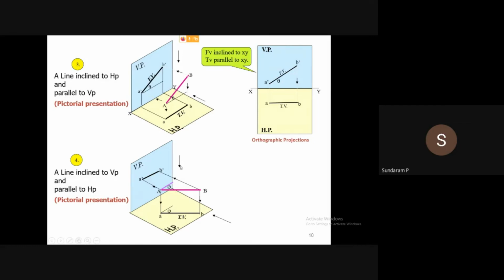When you look at the top view, this arrow shows the top view, and this arrow shows the front view. The front view won't give the true length, but the top view will give the true length. That is very, very important. Sometimes we call the front view the elevation. The front view is the elevation length, and the top view is the plan length. The top view is also known as the plan view, and the front view is always known as the elevation view.